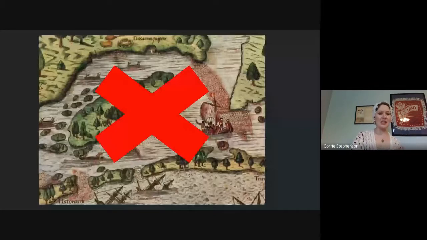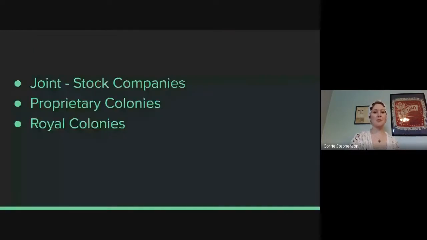And so in England, after this point, when we start talking about settlement, we're going to talk about colonies that are really built around three different types. Some of these colonies are what are known as joint stock companies. So a company has been founded with the idea of placing settlers in a colony. And people invest in that company with the idea that these settlers will turn some sort of a profit